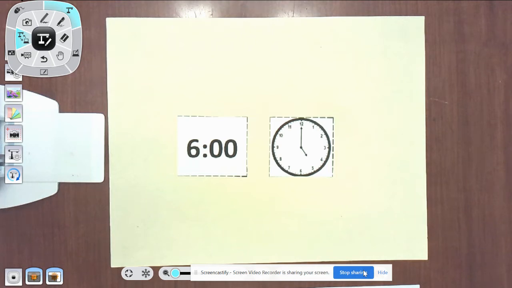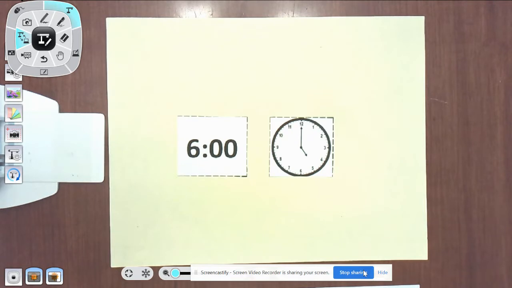For this video, we'll take a look at how students will tell time to the hour in Unit 7. The main focus for this video is MD3, where students will tell and write time in hours and half hours using analog and digital clocks. This unit is about 15 days, and from our unpacking document, the main focus for this standard is that students